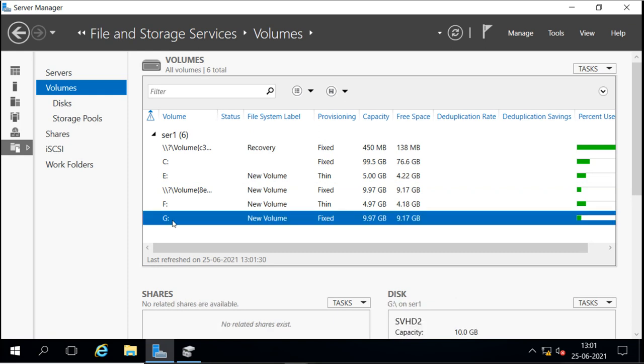So we have this new drive also. This is the storage spaces we have, and this is how we can create these storage spaces.